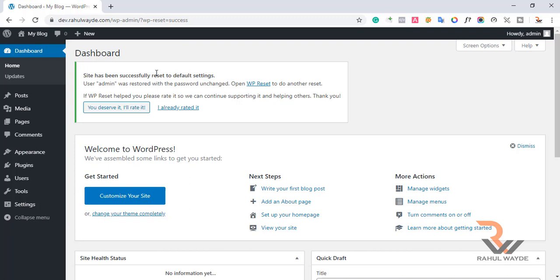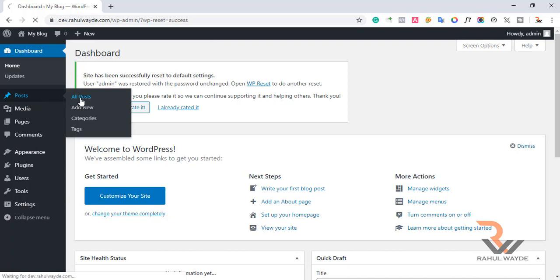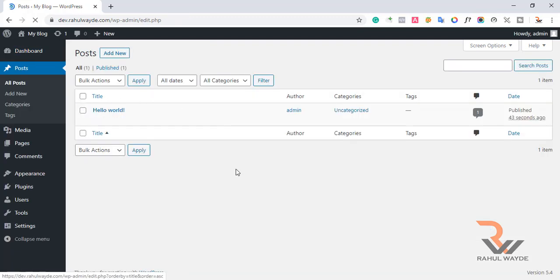So we will see our post section now. I will go on posts and click on all posts. Now you will see all our posts have been deleted and only one post, hello world, has been created by this plugin. This is a default post which is created by WordPress only.